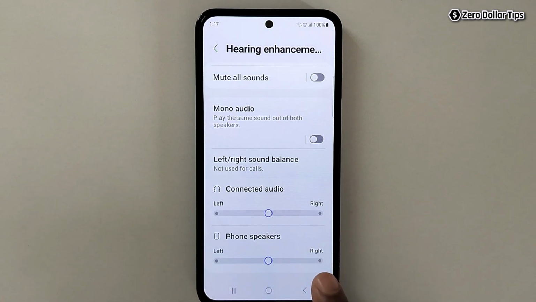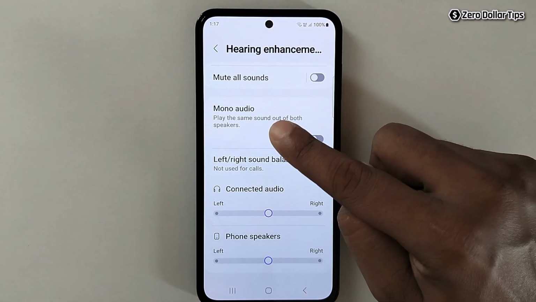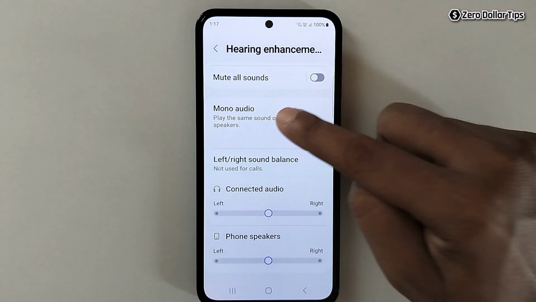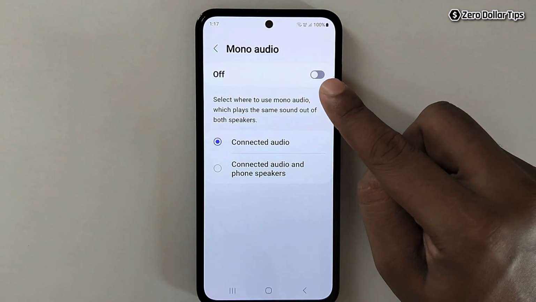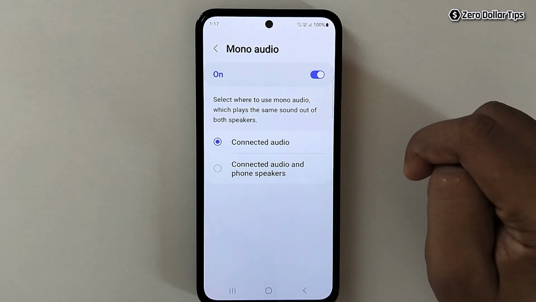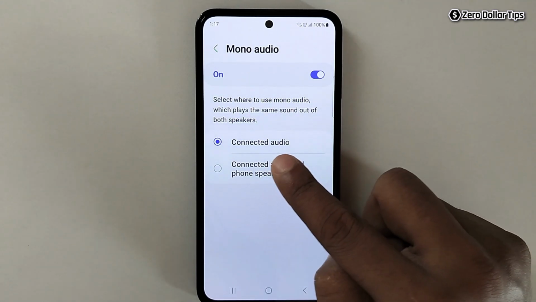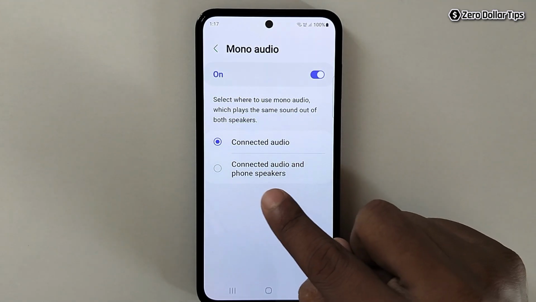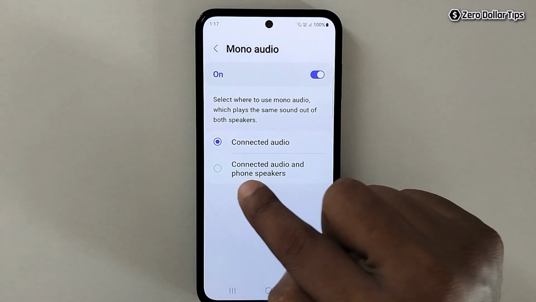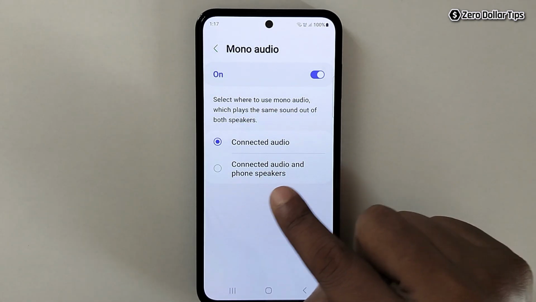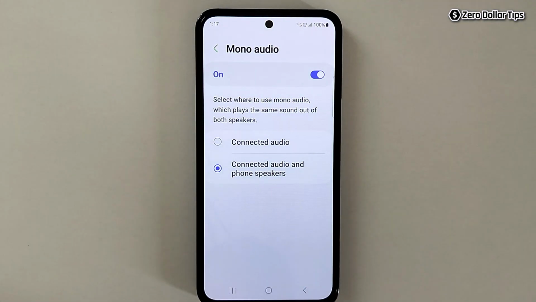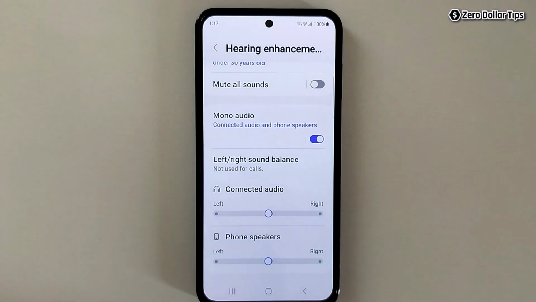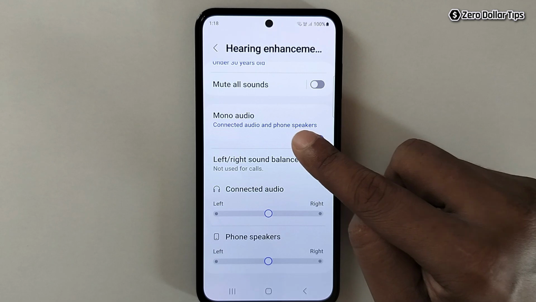speaker and right speaker. Once you have done this setting, now here you will see this option mono audio. Simply tap on it and then simply enable it. Now here you will see this option connected audio and phone speaker. Simply select this option connected audio and phone speakers. Now let's go back and here once you have done this setting and enable the mono audio, now let's do